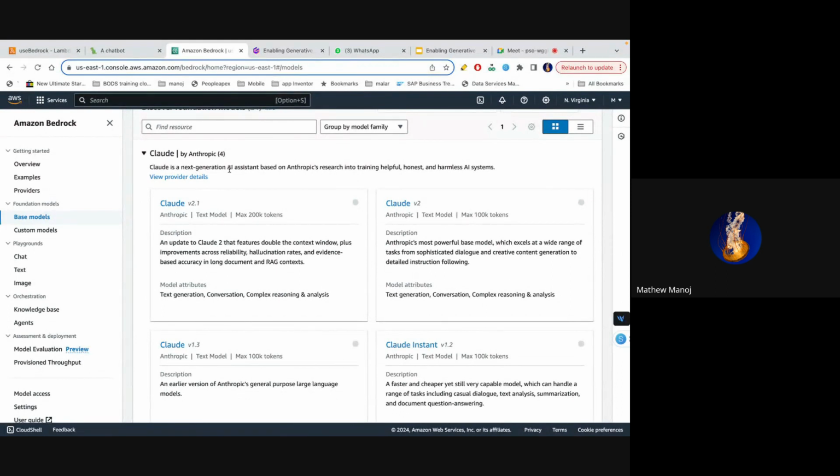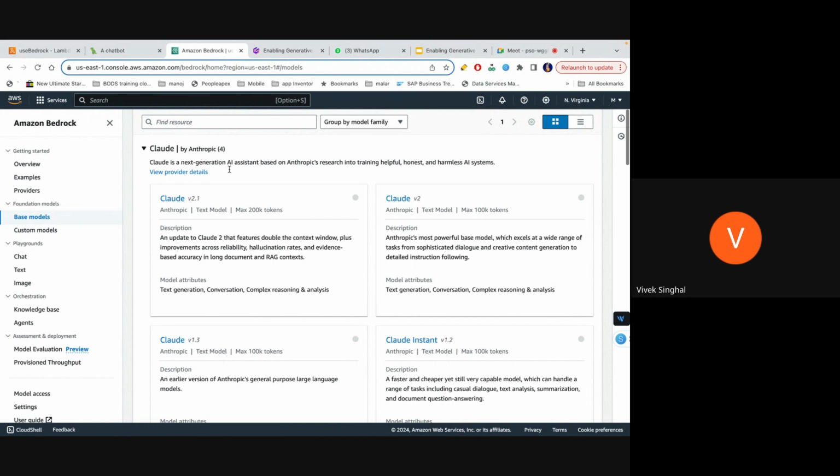You could say this is a model store to be able to access LLM models. Because two days back, OpenAI launched the GPT Store, so it seems very similar. The OpenAI GPT Store and Bedrock seem similar, and both of them are sort of model stores. Like there is an app store, here I have an AI model store.